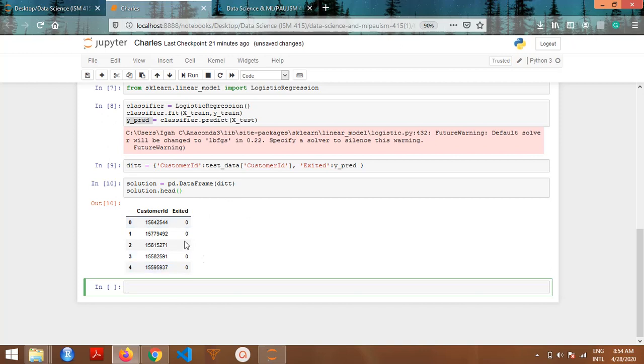Okay, so the next thing you have to do is to save this data into your working directory so you can upload it on Kaggle. And to do that is very simple. You simply say solution.to_csv. I showed you how to do this before. So we are saving it to CSV. You can call it